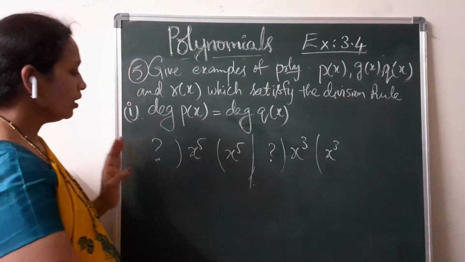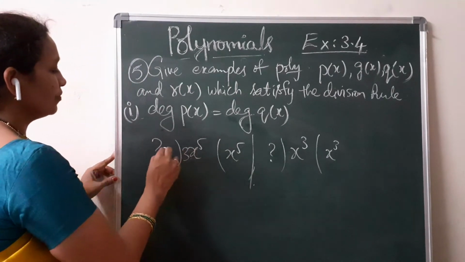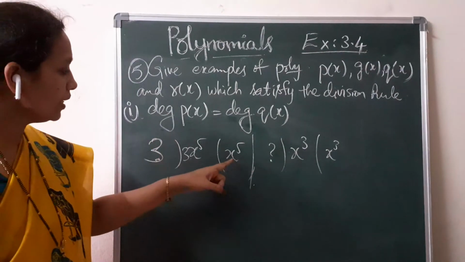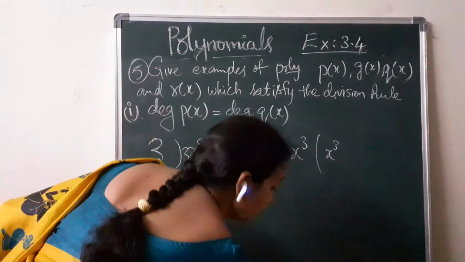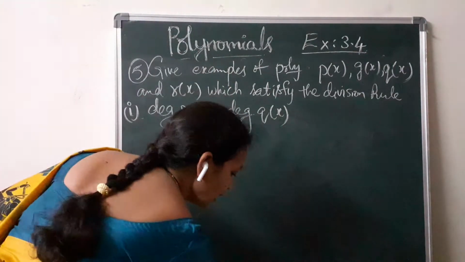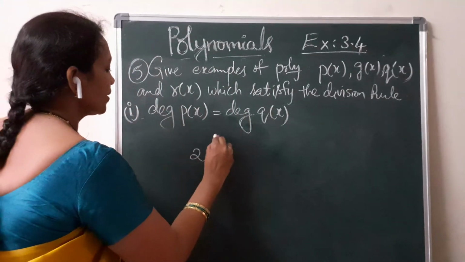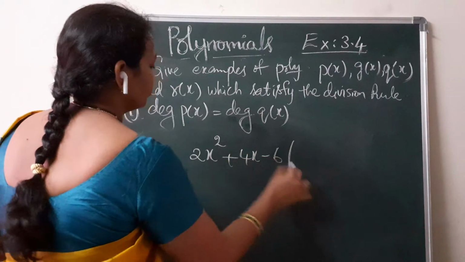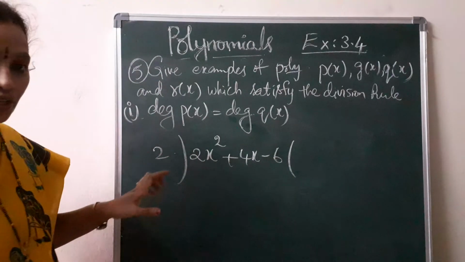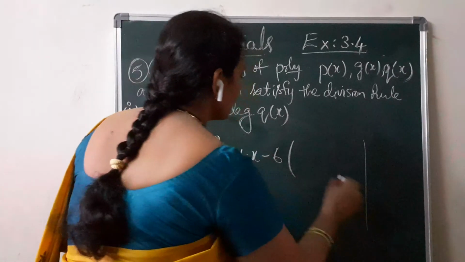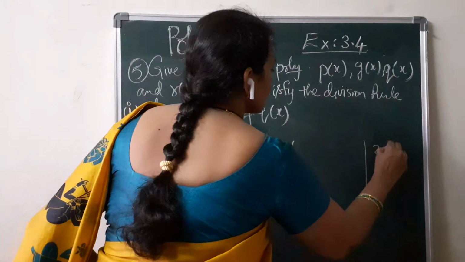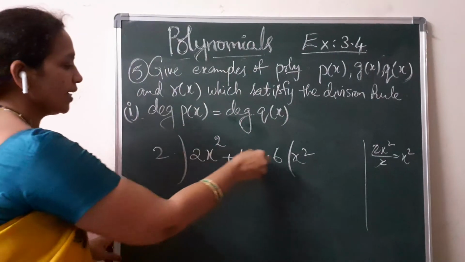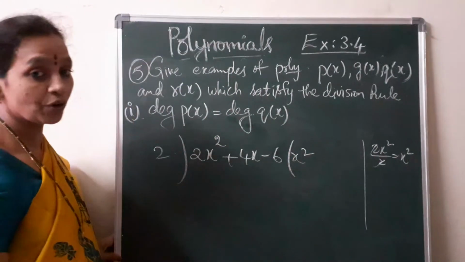Then when it is possible, if suppose I will take 3x square, then 3 as the constant as a divisor, then you will get x power 5 as a quotient. That means I will take the example, 2x square plus 4x minus 6 divided by 2 I will take. So what is the quotient? First step of the quotient, 2x square by 2, 2 gets cancelled, x square. So x square you will get. This is also second degree polynomial you are going to get.